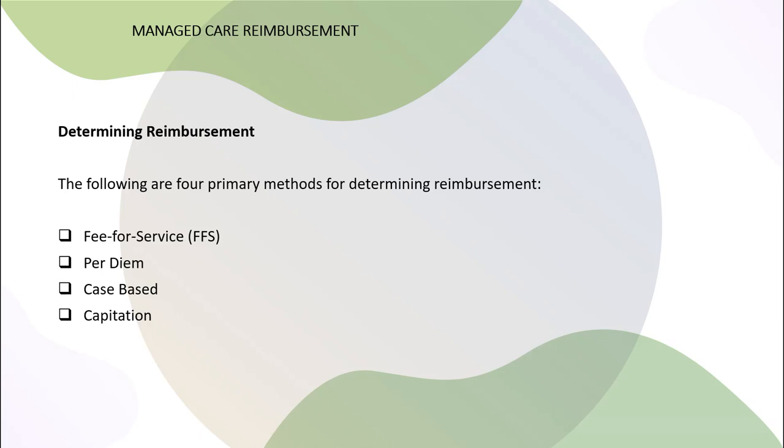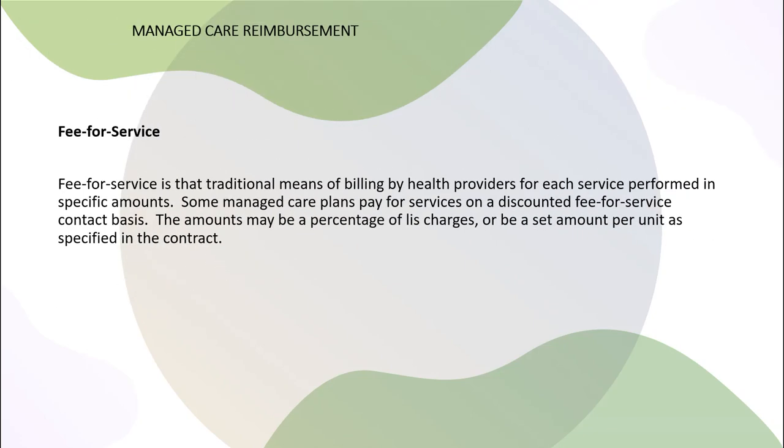Determining reimbursement. The following are the four primary methods for determining reimbursement: fee-for-service, per diem, case-based, capitation. Fee-for-service is the traditional means of billing by health providers for each service performed in specific amounts. Some managed care plans pay for services on a discounted fee-for-service contract basis. The amounts may be a percentage of the list price charges or be set amounts per unit as specified in